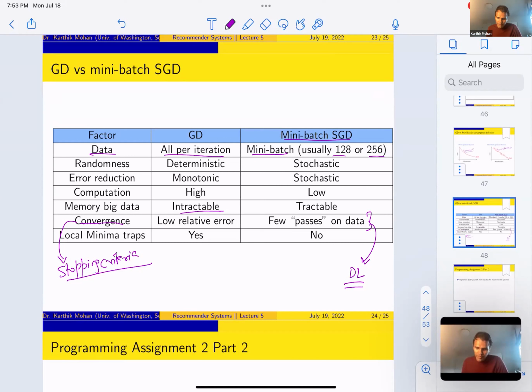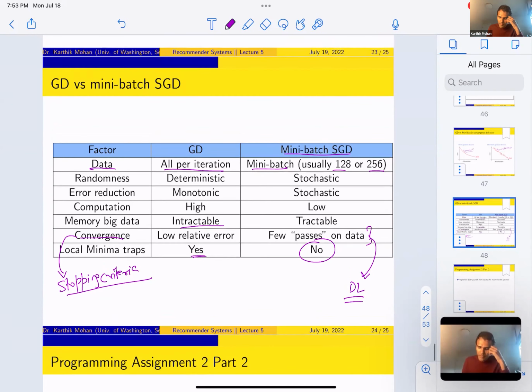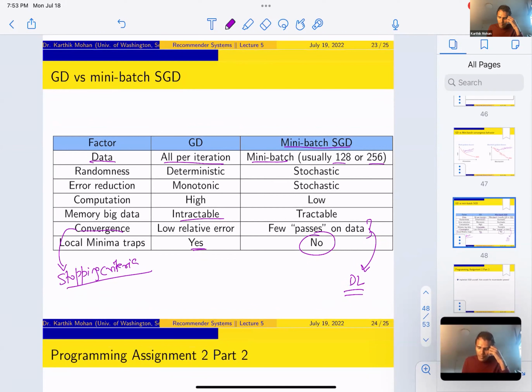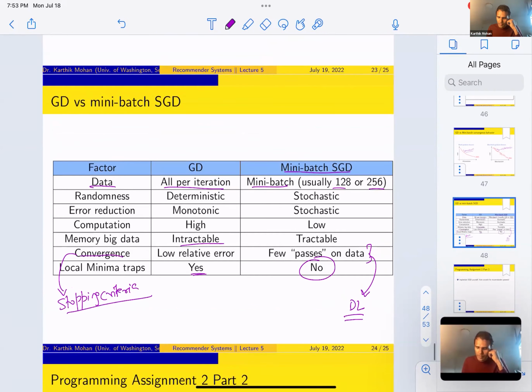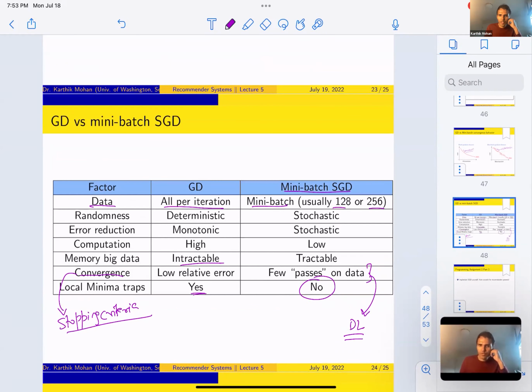Local minima traps. Yeah, I think we covered this. The stochasticity helps with mini batch gradient descent, avoiding bad local minima. So these are some pros and cons. Okay. Any questions so far on SGD, matrix factorization, matrix completion,